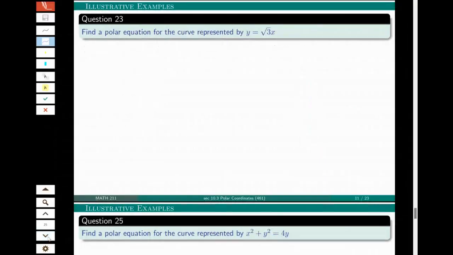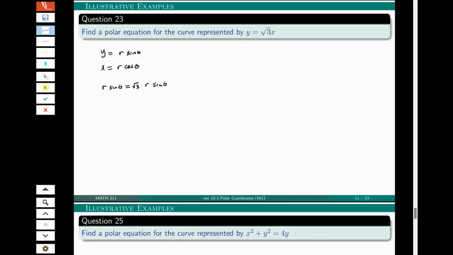Now, let's continue. It says find a polar equation for this one. Find a polar equation of that one. We know that to change it to polar, we need to replace y by r sine theta, and x is r cosine theta. So if I replace y by r sine theta, and I replace x by r cosine theta,